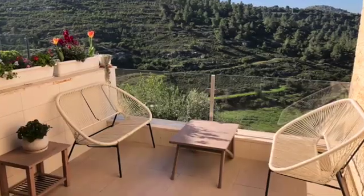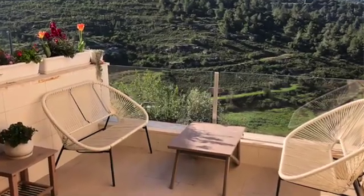I grew up on a farm in Canada, and in 2010 I moved to Israel, but was living in the Jerusalem area in small apartments where I didn't have space to have a garden. Sometimes I grew some tomatoes in a pot or something like that. But over the last decade, I'd been dreaming about one day moving to a place where I'd have space to have my own garden. And so during the Corona crisis, my family and I moved to the north of Israel,